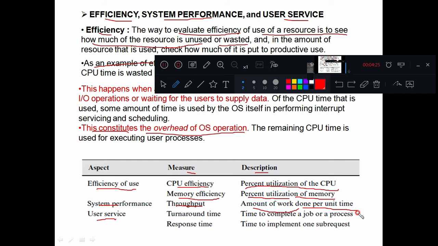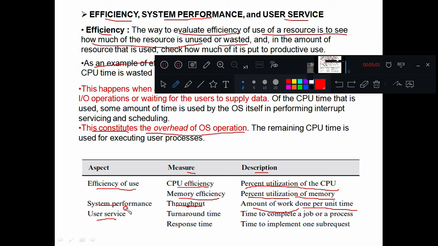Let us say you are fetching certain data from the memory. Then how many times are you going to fetch the data from the memory, and how much data is fetched from the memory, right? So that is the throughput. That means how the system is going to perform, or how the memory is going to perform in such cases, right? So whether we can read a larger amount of data in less time, that is more throughput, I can say, right?